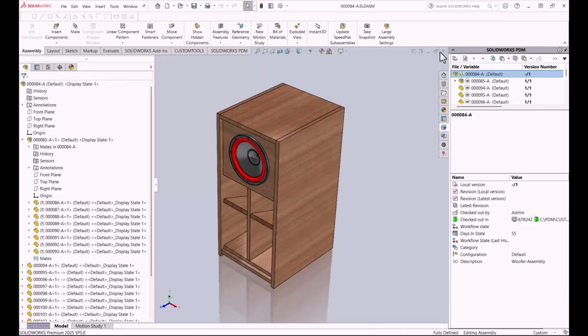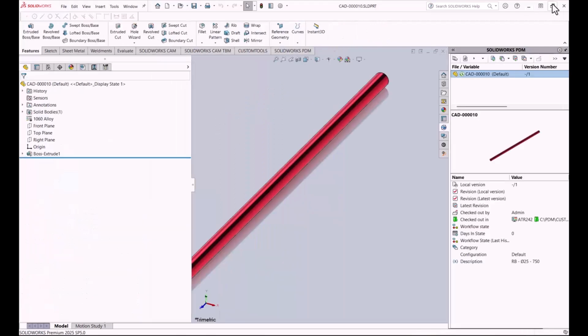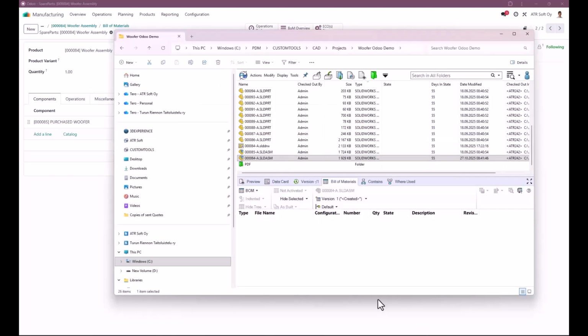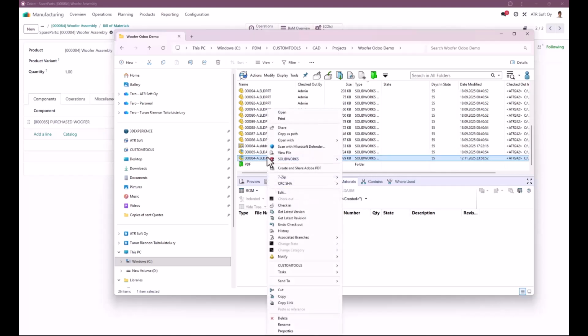You don't need to have SolidWorks installed, but if you have SolidWorks PDM Professional, you can also export BOM on demand by selecting the desired assembly in Vault View